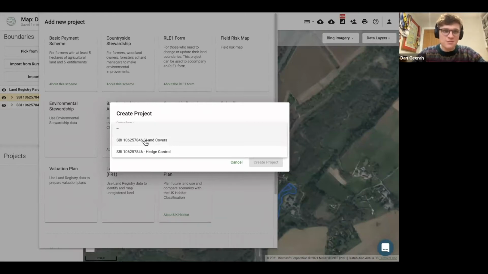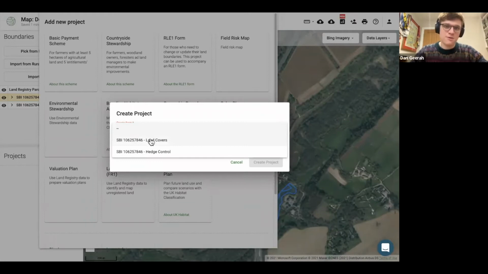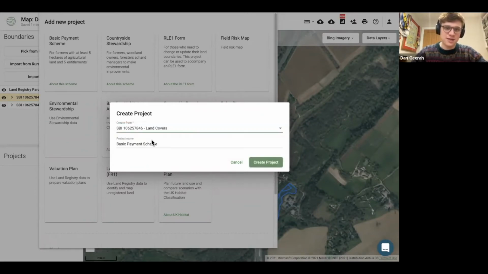So what I've done is I've clicked on basic payment scheme. I then can choose what I want to create my basic payment scheme from. And I want to, just for first, create from land covers. So that's the information that contains where my woodland, permanent grassland, and arable land is. And I can give it a name. So at the moment it's just called basic payment scheme, but I'm going to call it farm A _ basic